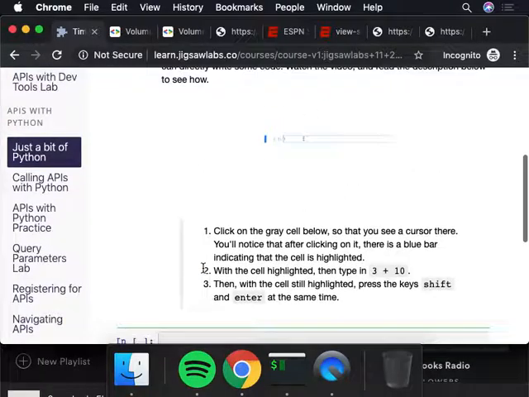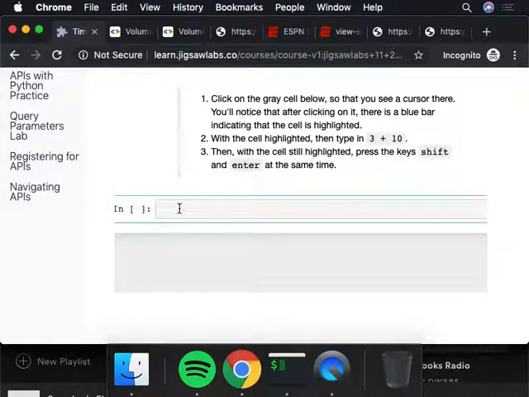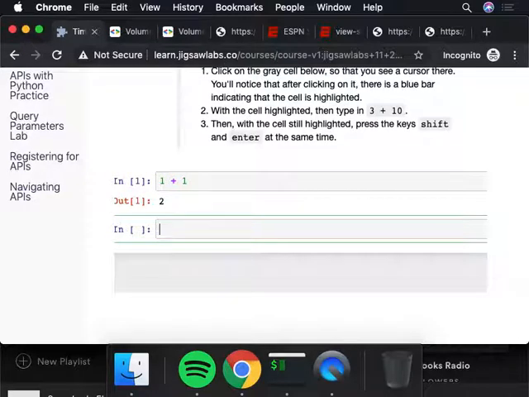So what you can do is, if you want to execute one of these code cells, right? I can write like 1 plus 1. So type in 1 plus 1, and then you press Shift and Enter at the same time. You can hold down Shift and press Return. You guys see the number 2? We coded, guys. That's great.